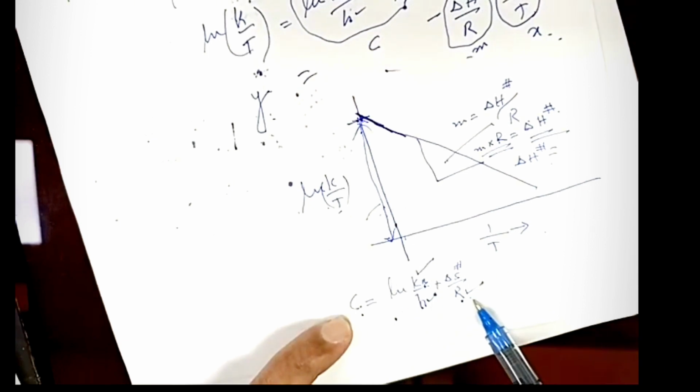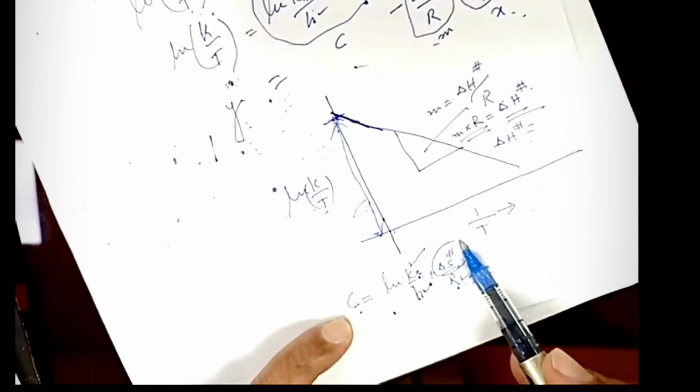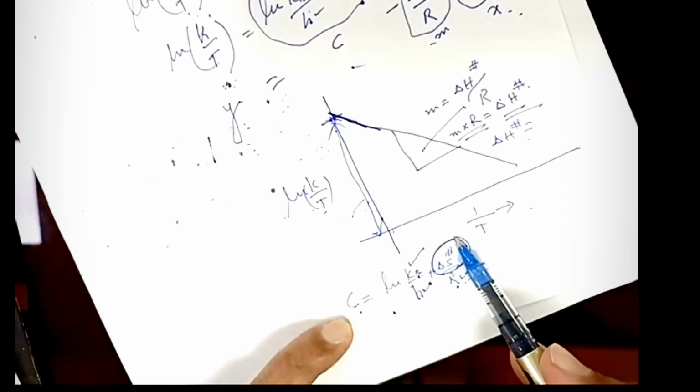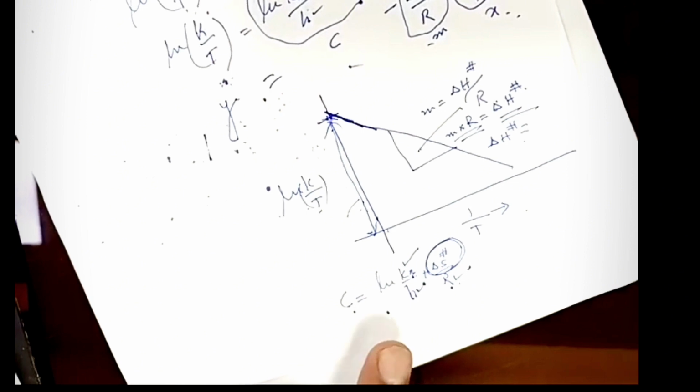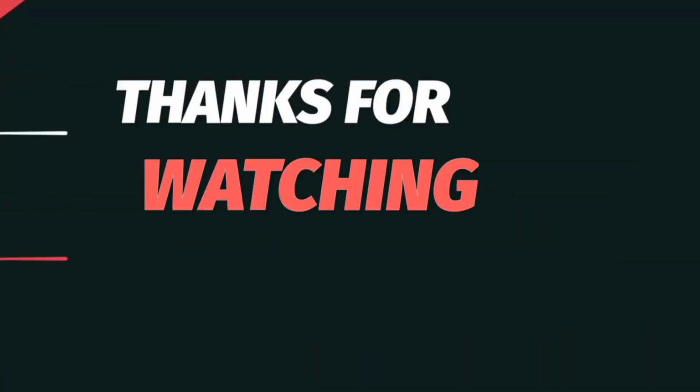All these numerical values will be substituted in this equation and we can easily get the entropy of activation। आप entropy of activation बहुत easily find कर सकते हैं किसी भी reactants का activated state के अंदर, किसी भी state के अंदर आप entropy of activation आप यहाँ से calculate करें, enthalpy of activation आप gradient से find करें और सब्स्टिट्यूट करें, you will get the rate constant value at specific temperature। ये आप बड़े आराम से, बड़ी आसानी से फाइंड कर सकते हो, ठीक है जी। तो ये 2 3 चीजें आप ध्यान में रखें।